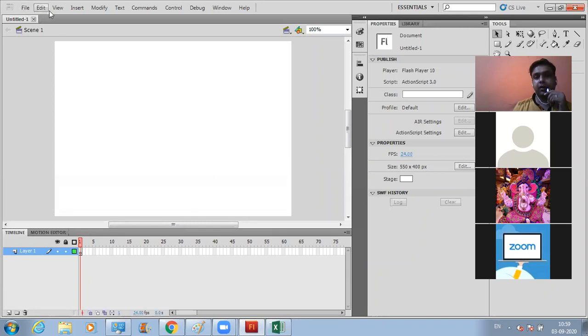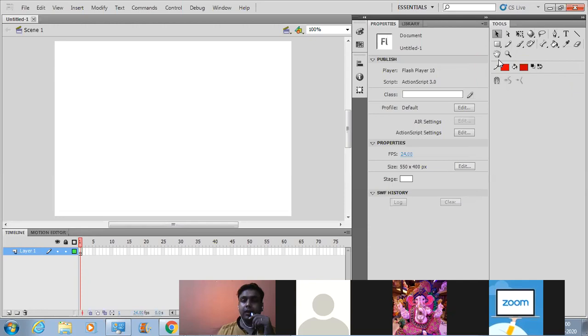So the first component was the menu bar. The second thing that we need to take into consideration when we are working in the Flash workspace is this stage area. Now, what is the third thing? The third thing is this tools panel that you're seeing over here.